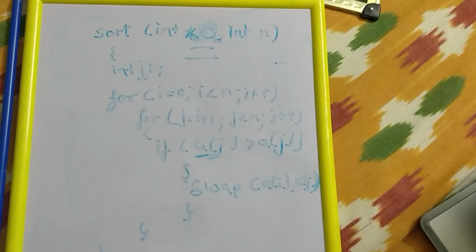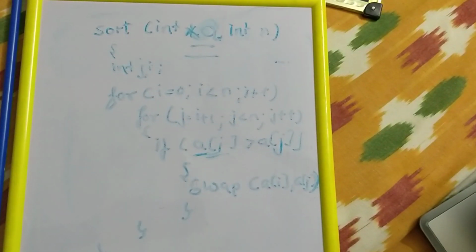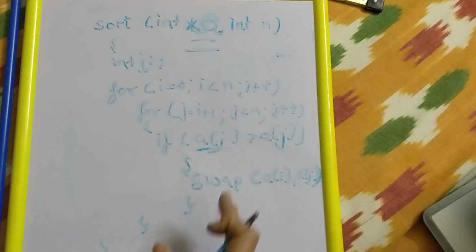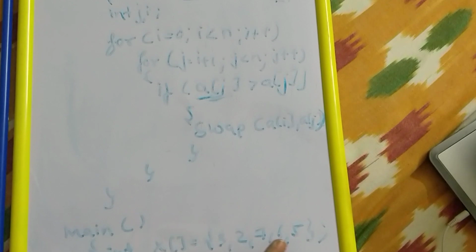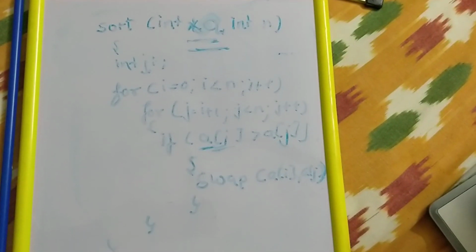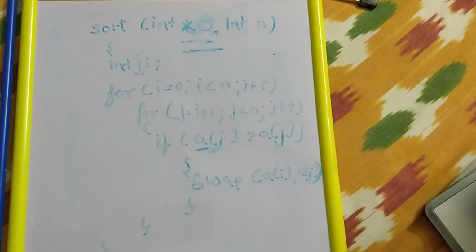We may need to return some other values also if it is not a sort function but something else. We may sort and then also return something else. In that case, the sorted array will not be reflected in the main function if you are not using a pointer. So using pointers to represent and work with arrays is simpler than